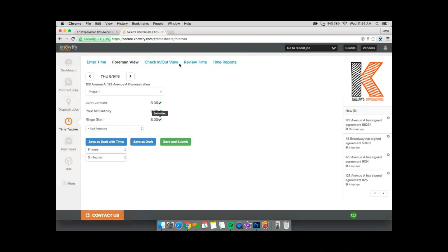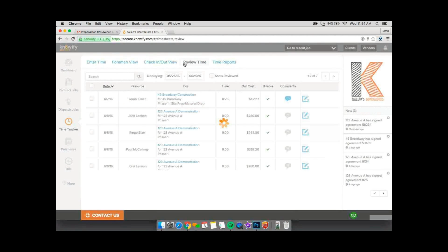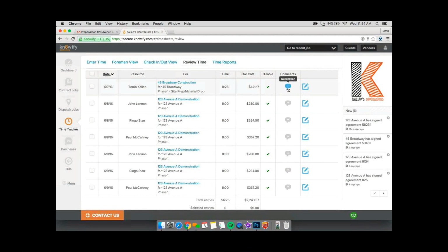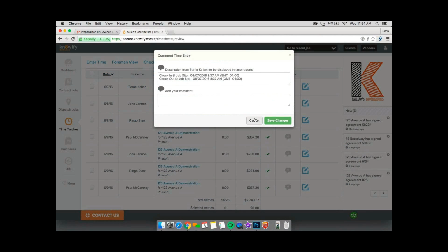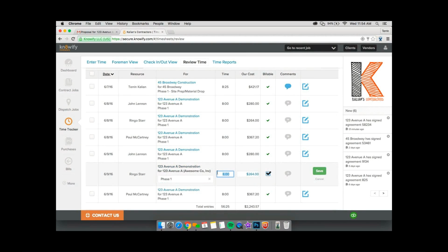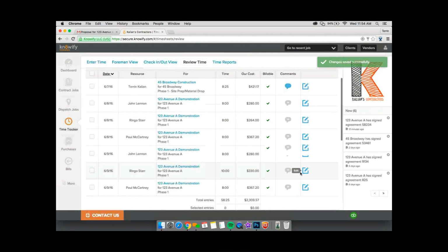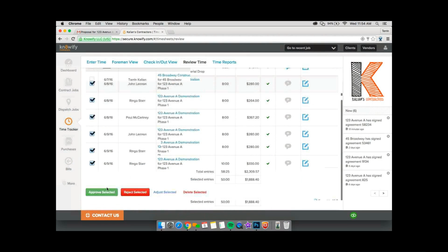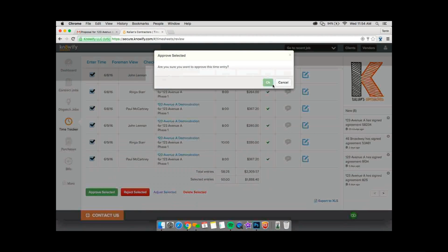Okay. But in review time, if you can contact whoever's in charge of your timesheet, then whoever is in charge will be able to see whatever you wrote in as a description of your service, and they can edit it for you. So, let's say Ringo actually spent 10 hours on this site. Whoever's in charge can say, all right, we'll push 10, and that's going to show up on the timesheet and in the project plan for you. Got it. So I can choose the items that I want to approve, and when I approve these time entries,